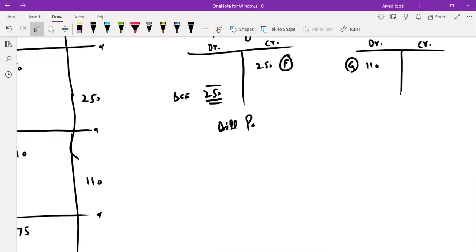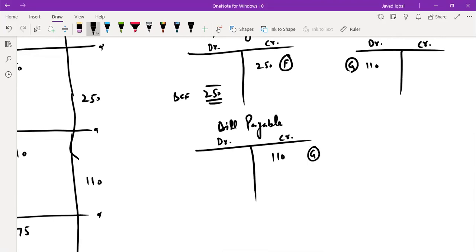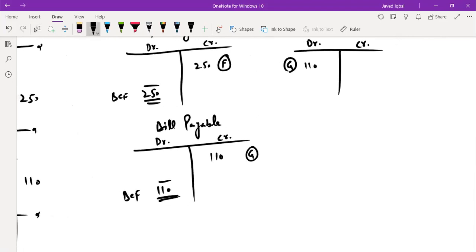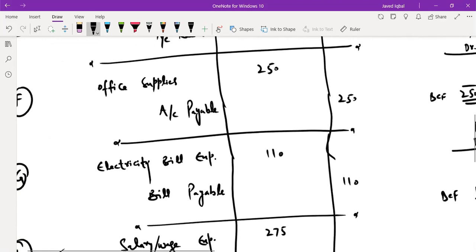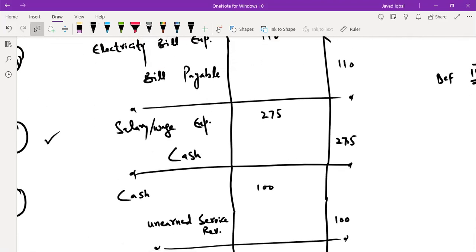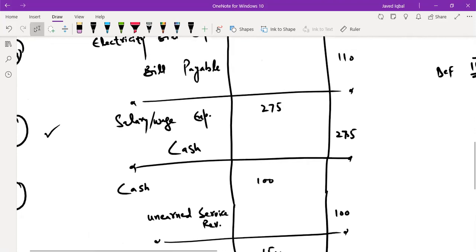Bill payable. And then payable is always on credit side, so this is G here. Unfortunately, we have not closed for the expense, so we will do it now. Forward. Okay, so we have bills payable, we have